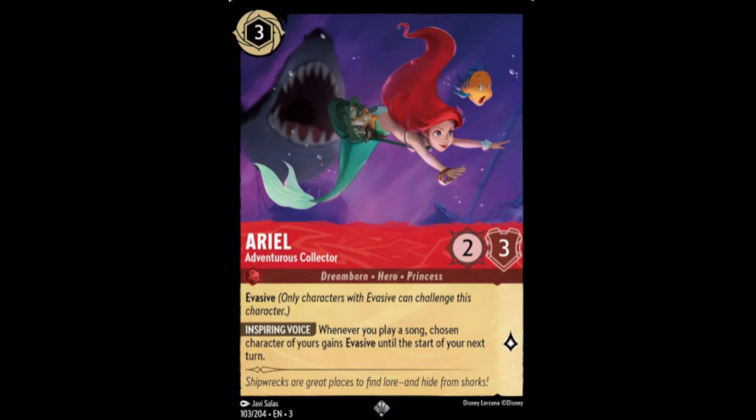Super Rares. Aerial Adventurous Collector, 3 cost 2/3 with Evasive. Whenever you play a song, chosen character of yours gains Evasive until the start of your next turn. 1 lore. Nope, don't think that sees play. Granting Evasive isn't quite strong enough given the...